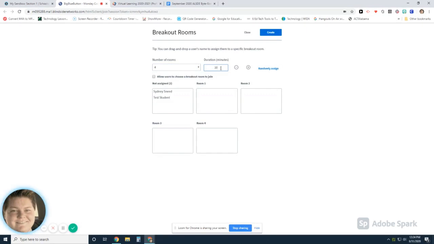Now, what I will say about this, the breakout rooms do not record, and you cannot be in all of them at the same time to monitor. So this may or may not be the best thing for you to use, but it is there as an option. So I could create my breakout rooms and I could randomly assign, but I only have 1 student in,